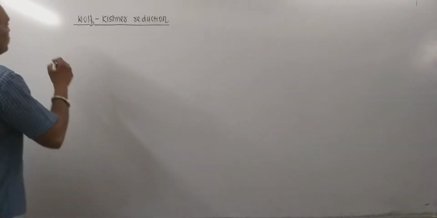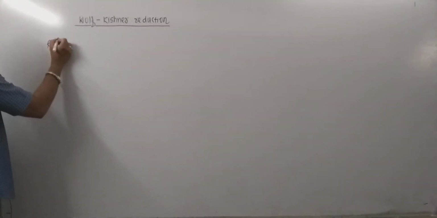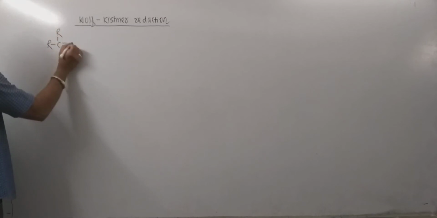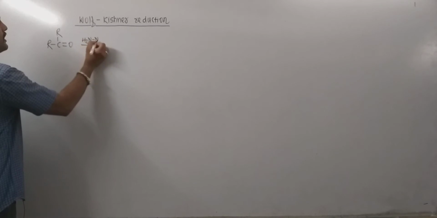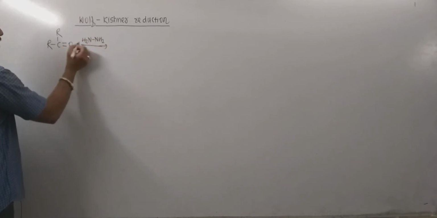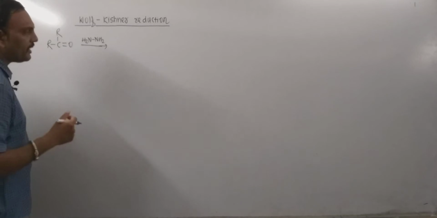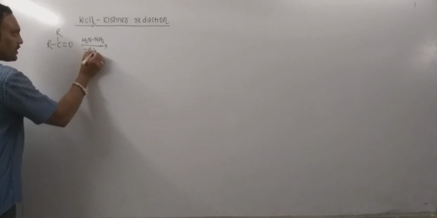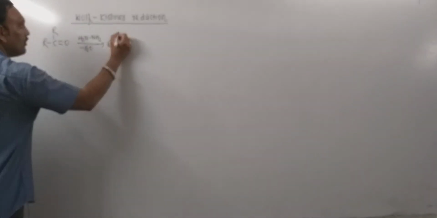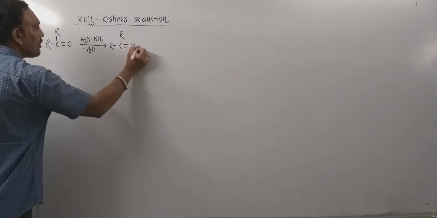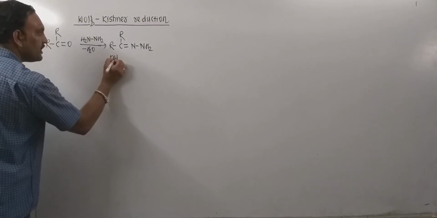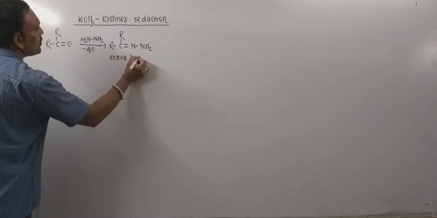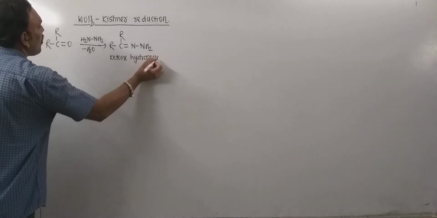So for example, consider a ketone. Ketones can be represented as RCOR. When ketones are treated with hydrazine, then condensation, addition elimination takes place. By departure of water, here we receive an imine product, what we call the hydrazone of the ketone. So this is the ketone hydrazone, the imine so obtained when ketones are treated with hydrazine.